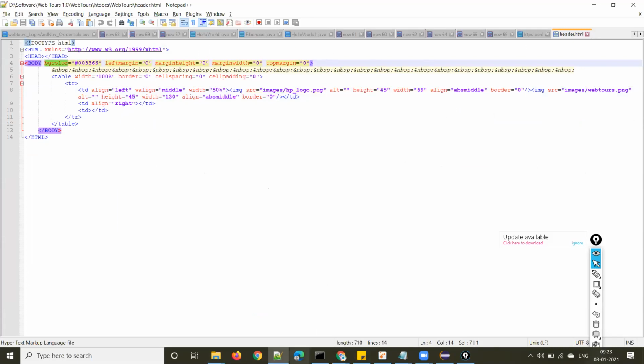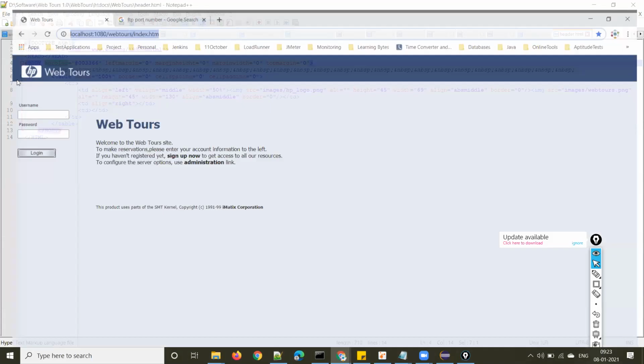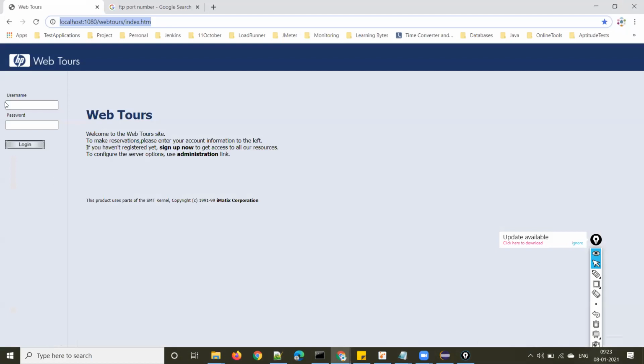Now, what is the other one? Welcome.pl. The welcome.pl page makes the body part of the page. The body part is built by the code written in welcome.pl, this particular code. Clear?